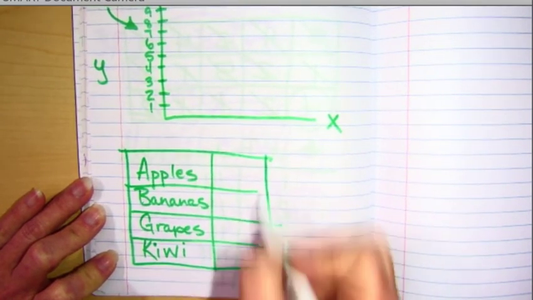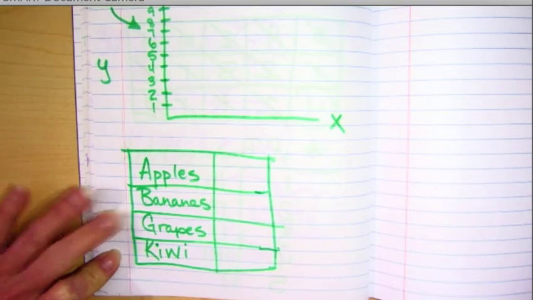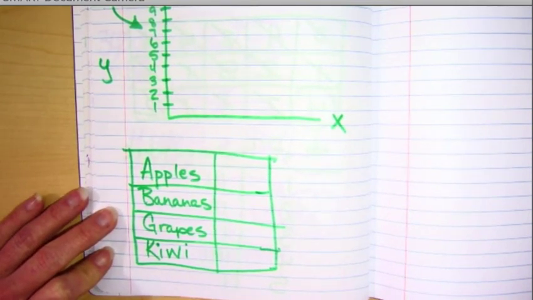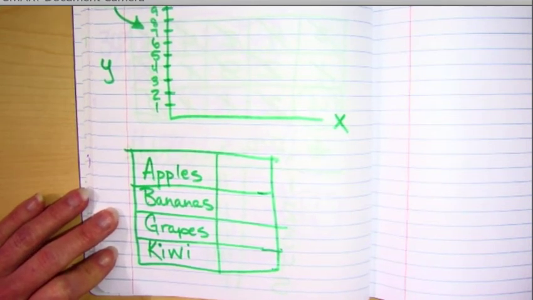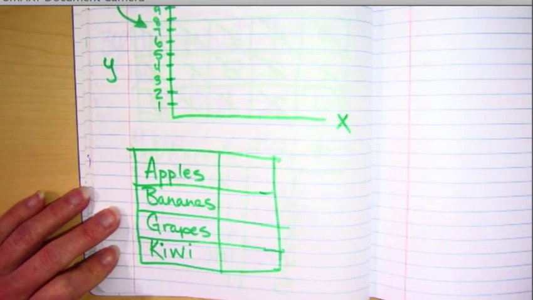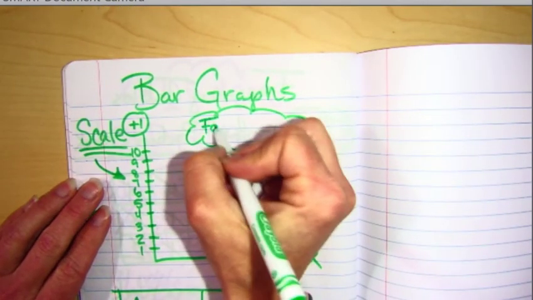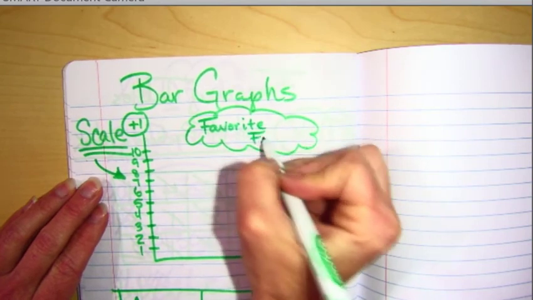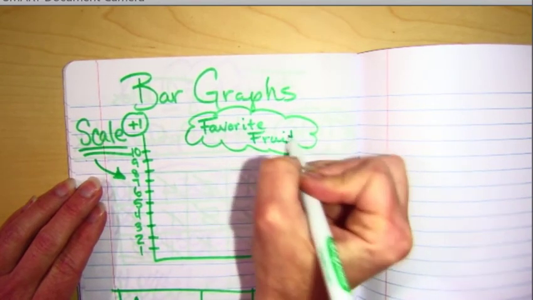Fix my lines here. What do you think I might call this before I ask you any questions, very smart fifth graders? Caden, what would I maybe title this graph as before? Okay, what do you think I'm about to ask you right now? Favorite fruits. So my title is going to be favorite fruits. Very important you have a title.